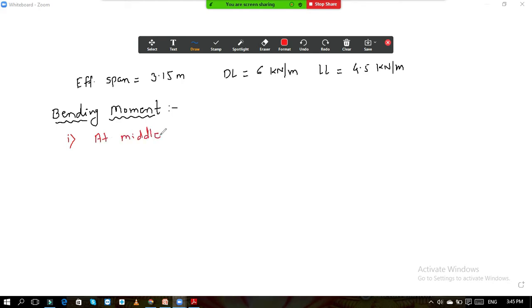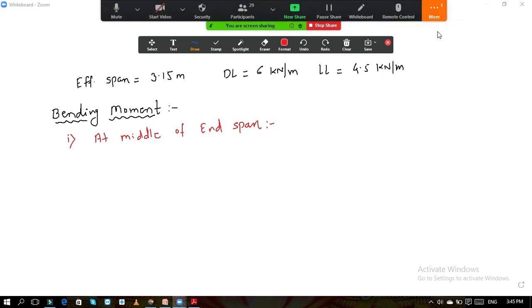What are the coefficients? The coefficient for dead load is 1 by 12 and the coefficient for live load is 1 by 10. So our bending moment is